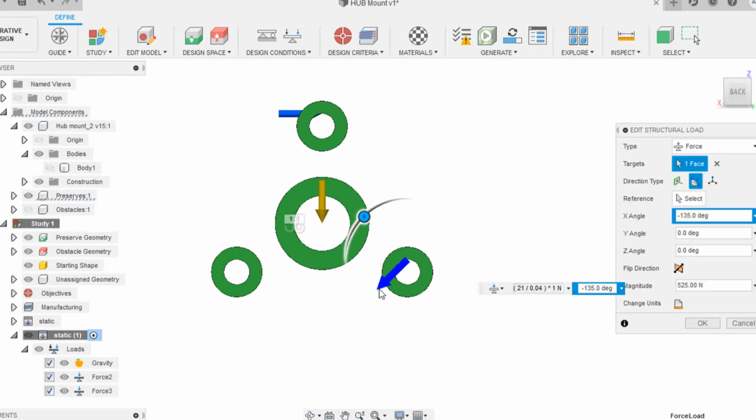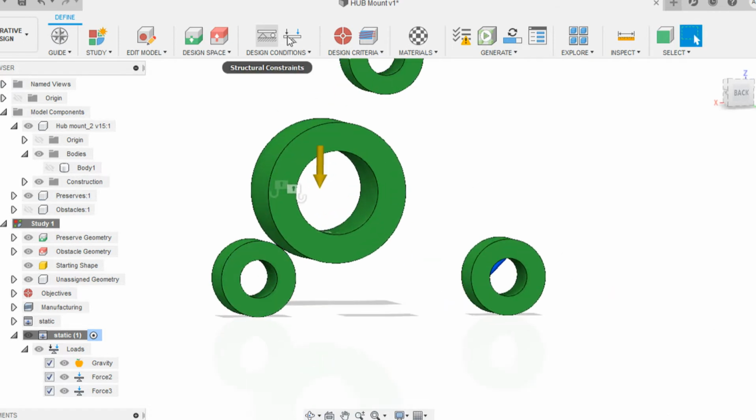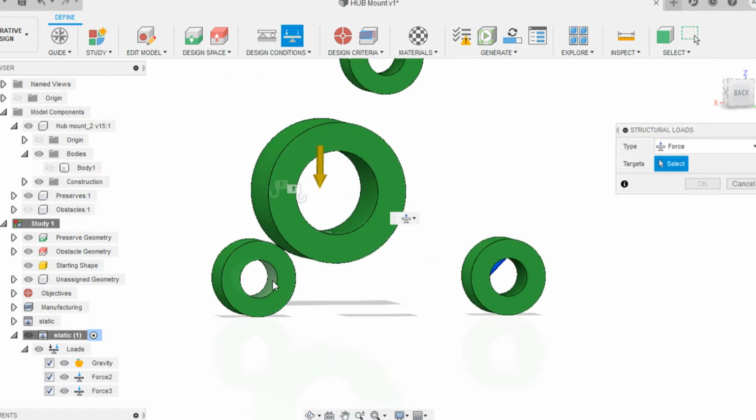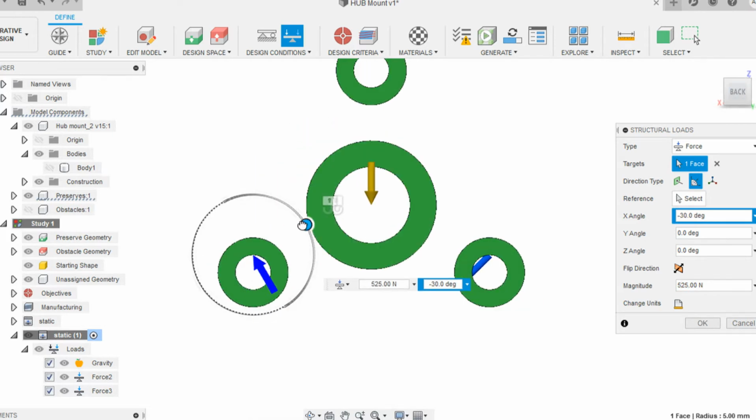If you double click on that, the magnitude has converted that expression into a real value. I'm going to simply copy this value. Repeat structural loads, select the phase, paste the magnitude and change the orientation to 45 degrees. Perfect.